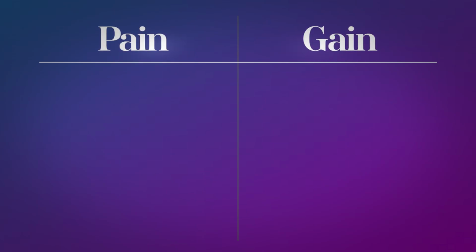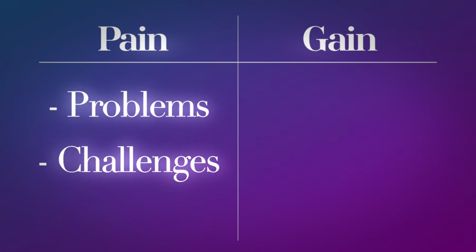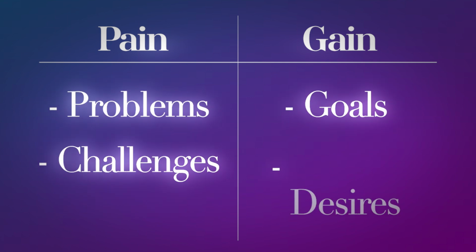What do they say their problems, challenges, and goals are? And I like to keep a pain gain sheet. Every time me or my team have a sales call with someone that becomes a client, we go back to the sales call transcript and we write down word for word what they said their problems and challenges are, their pains, and what their goals and desires are, their gains. We keep that on a spreadsheet and then we can refer back to it whenever we're making content,